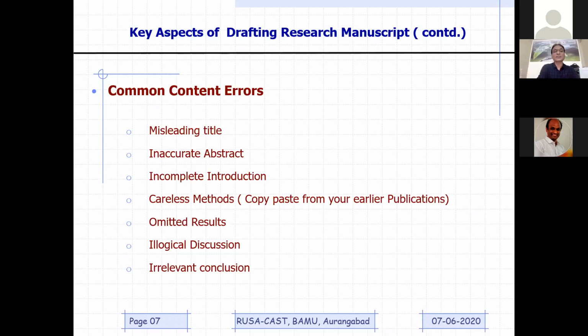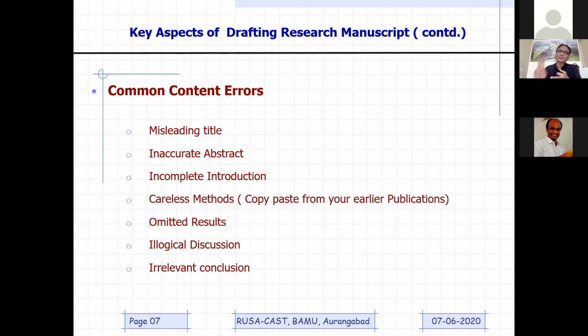The same thing is true with the review of a manuscript as well. Whenever a reviewer sees your manuscript, he is going to check whether your title is okay or not, whether your abstract is okay or not. What is expected in the abstract? Let me tell you. Once he reads the title, if he is happy, then he is going to check your abstract. In the abstract, he wants to see what you have done, how you have done, what you have achieved.